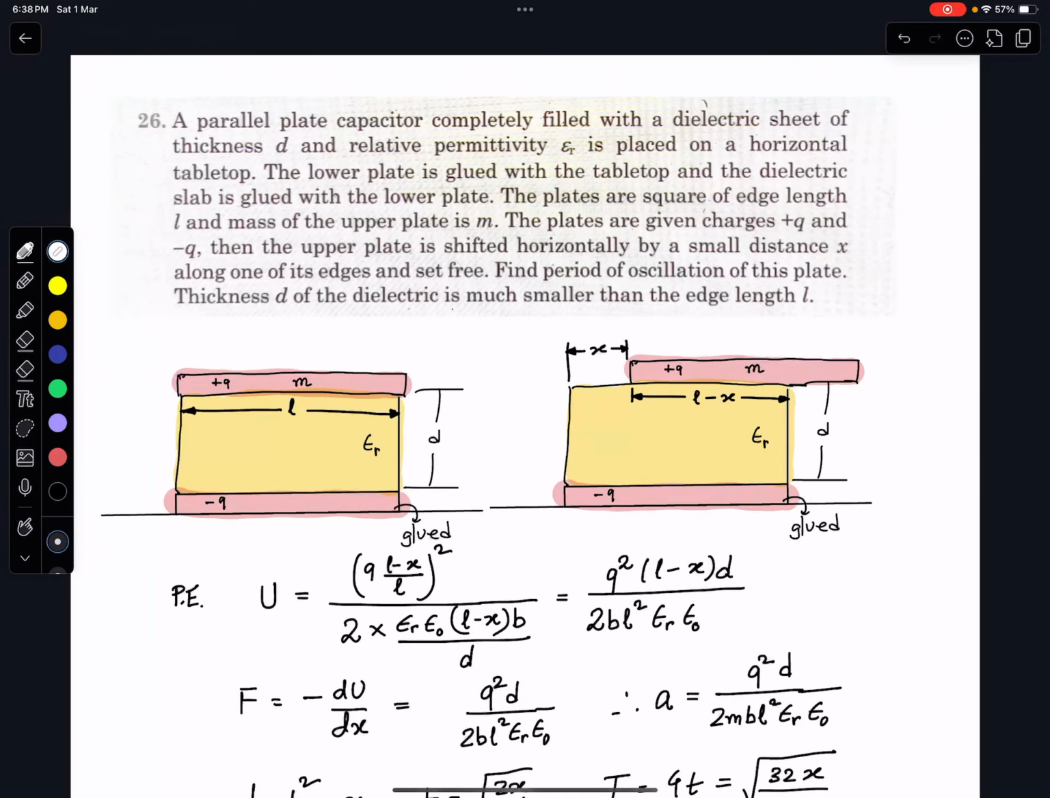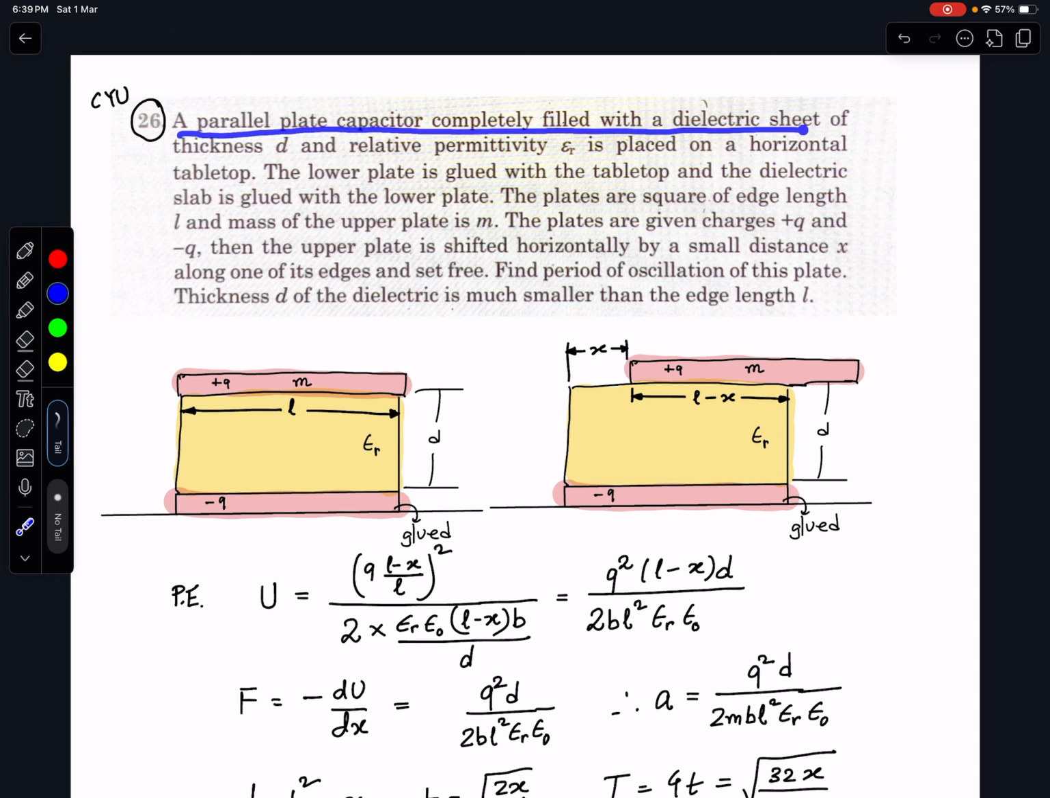So let us discuss a problem from Electrostatics in the book Pathfinder. This is Check Your Understanding, question number 26. Let's get into the problem straight away. A parallel plate capacitor completely filled with a dielectric sheet of thickness D and relative permittivity epsilon r, that is the dielectric constant epsilon r,